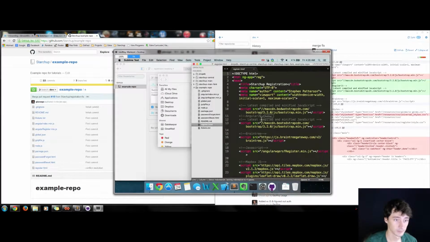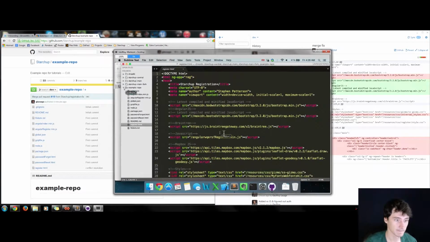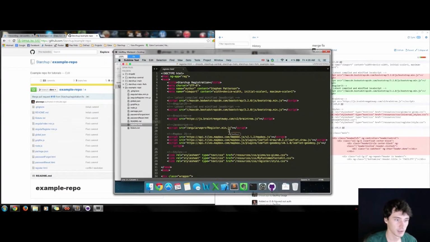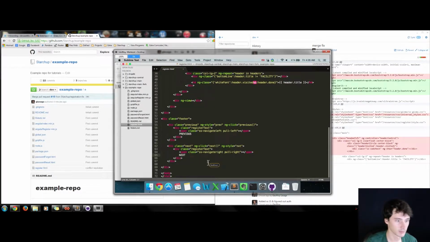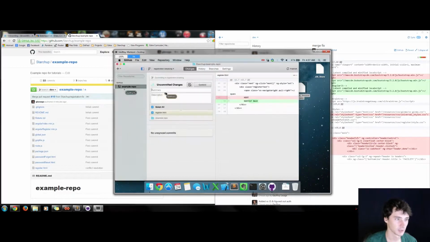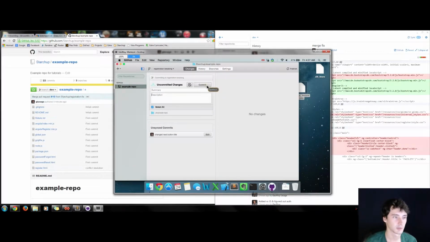I'm going to pull up the register page here. And let's say I want to change the next button so it will now be nextest, best, because I want to. So now I've got this little change here, so I can go over in my Git, say changed next button title, and let's commit that. So now I can publish this branch,